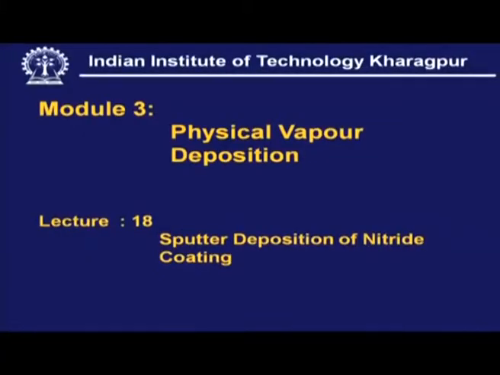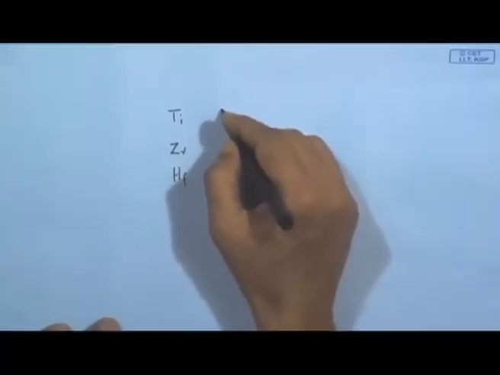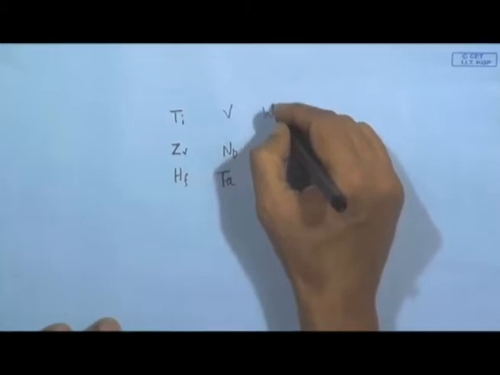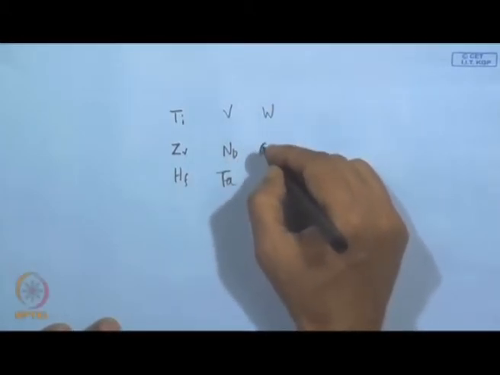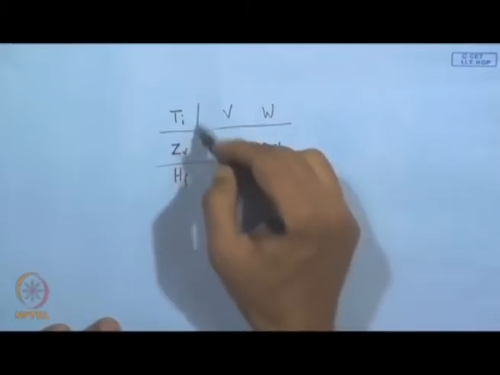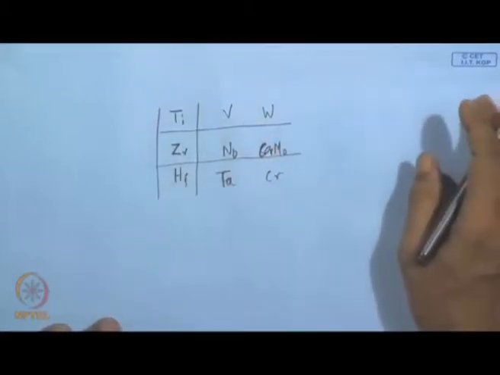Okay. Today's topic is sputter deposition of nitride coating, and by nitride we mean the metal nitride coating of transition elements, that means titanium, zirconium, hafnium, then we have vanadium, niobium, tantalum, tungsten, molybdenum and chromium. Now, these transition elements are known as good carbide former, oxide former, boride former and nitride